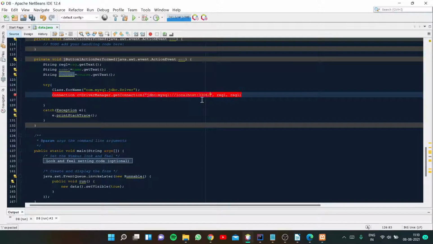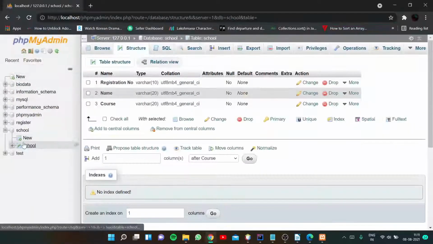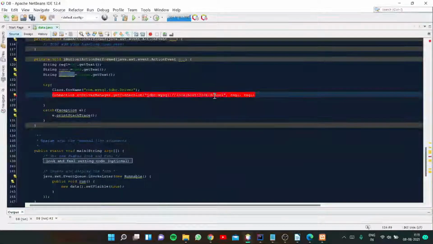Now give a slash, then we have to give our database name. What is the database name that we have given? School. So the name of our database is school, small letter, it will be like that. So we are connecting. Now we are going to connect to the database. Now here what we have to give is the root.